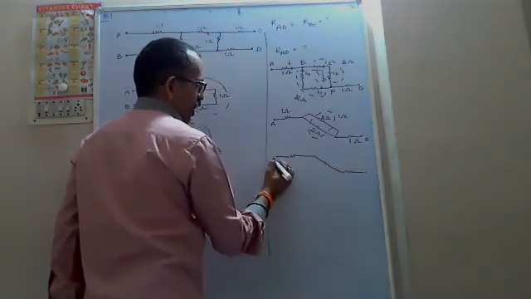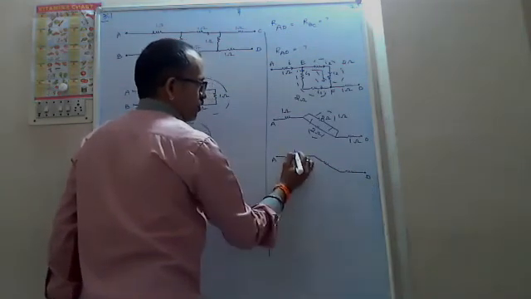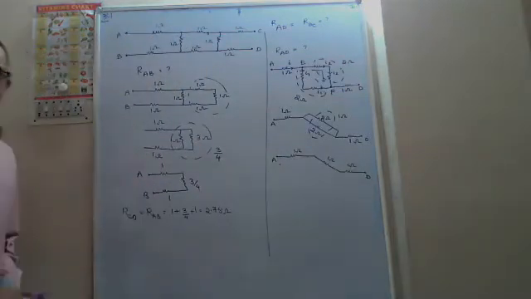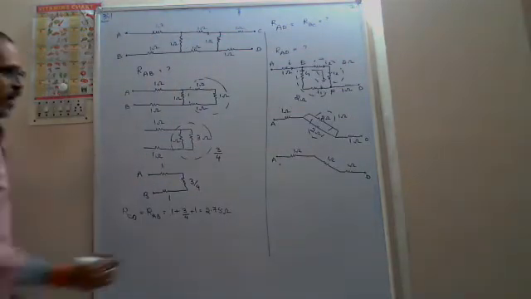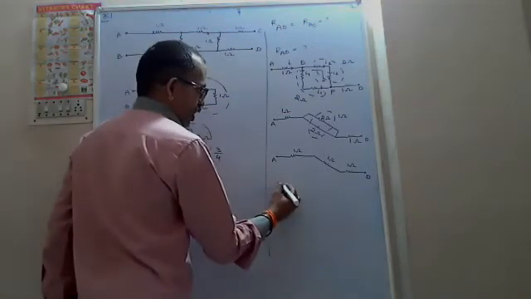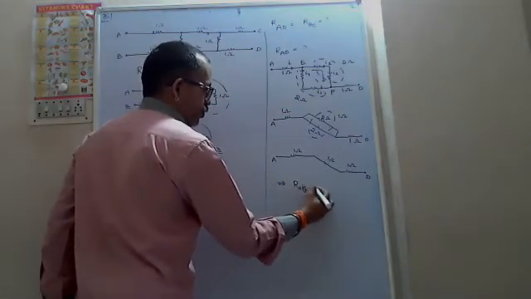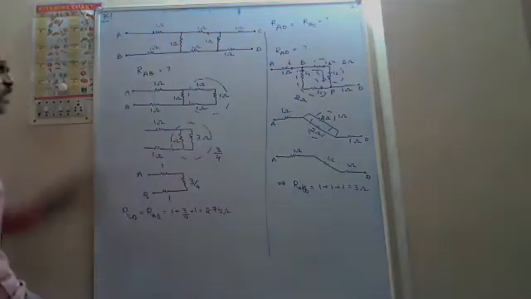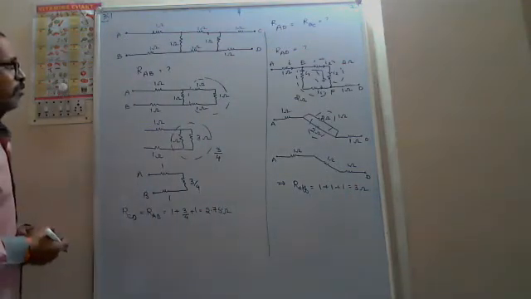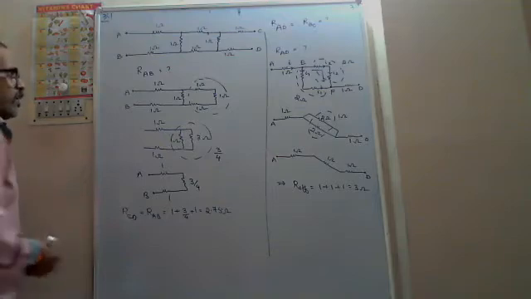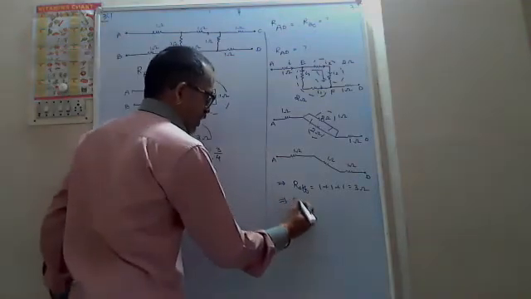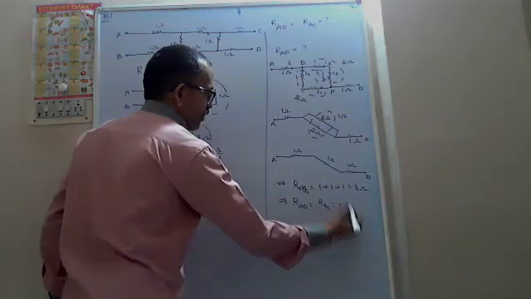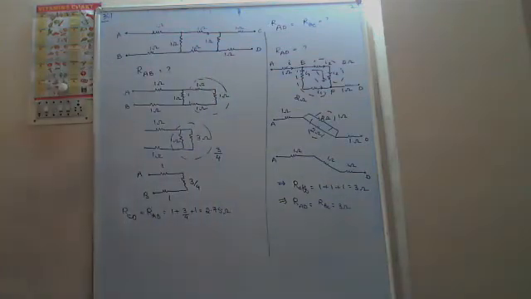Series. How can you say that they are in series? Same current passes. Very good. No splitting of current, the same current passes through all. That implies the effective resistance between A and B equals 1 plus 1 plus 1, that is equal to 3. Is it the same between B and C also? Yes, sir. Very good. So this is the effective resistance between A and B as well as B and C, that is equal to 3. Very good. This is the ladder model.